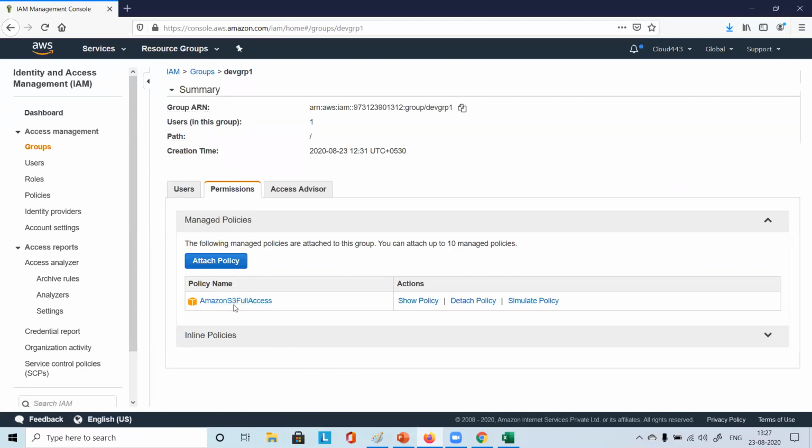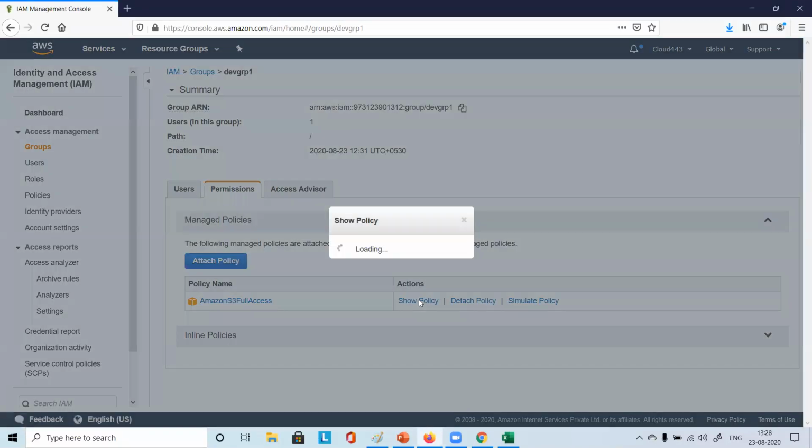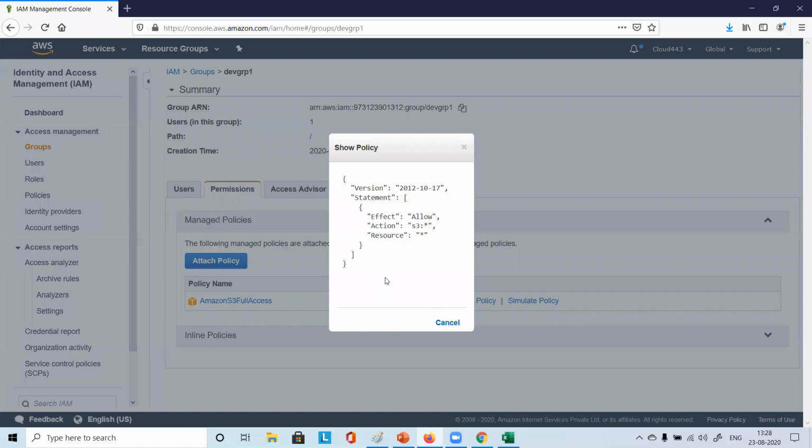Right. So now you have this full access policy, right? If you click to show the policy, you see this very small policy, and you just see what is written. The effect is allow, action is S3:*, resources *. Asterisk means any. So this person can do any action, which means this person can delete the bucket. This person can delete your existing critical, valuable bucket as well, with all its data.